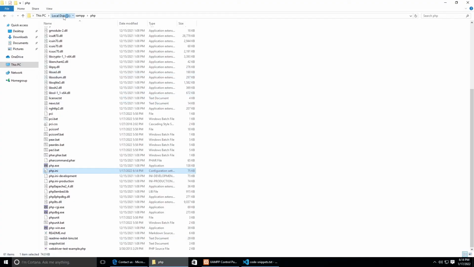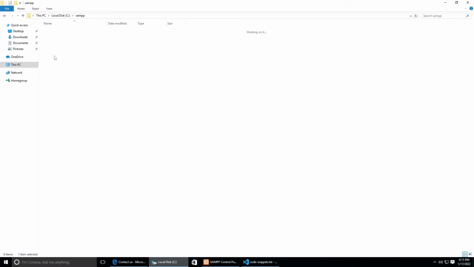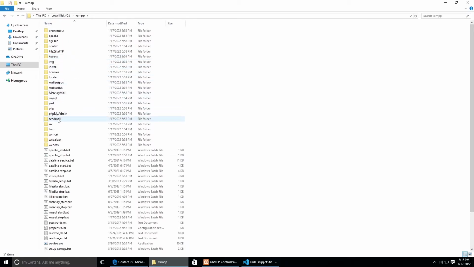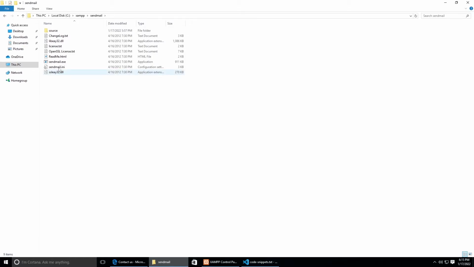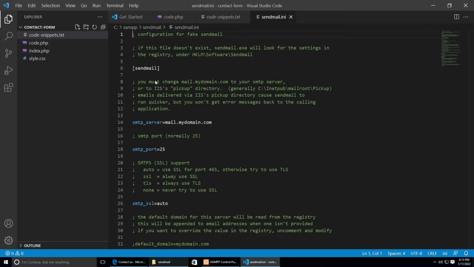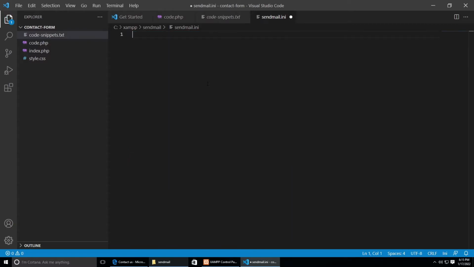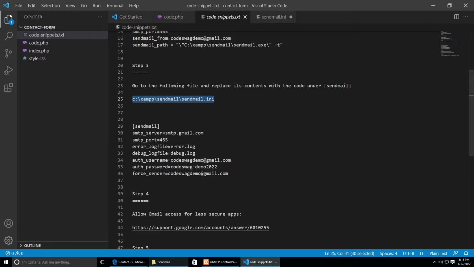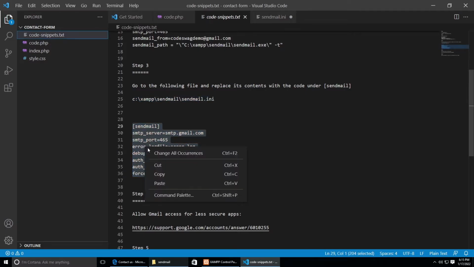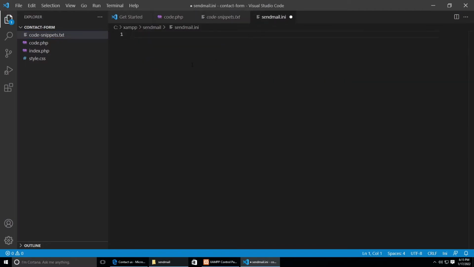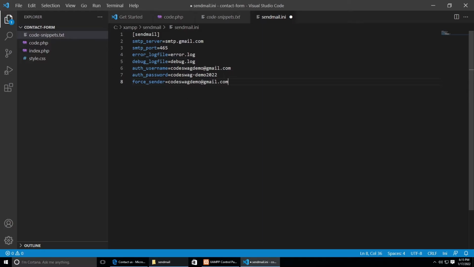So we want to go to C drive, Xampp, sendmail, and here we have sendmail.ini. Let's open this with our code editor. As far as this file is concerned, we want to replace everything. So we're going to select everything and delete it. And let's go to our code snippets, and we want to take everything from line 29 until line 36. Copy. And we're going to paste that into the file,